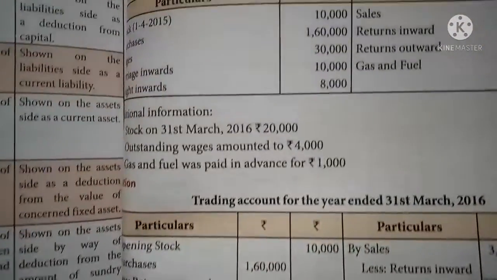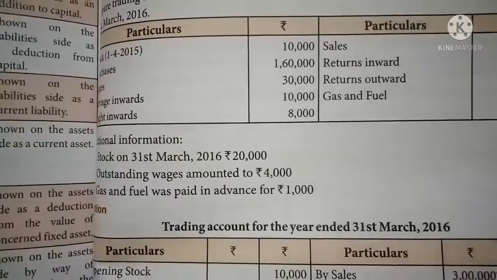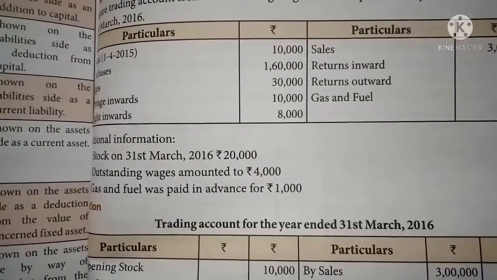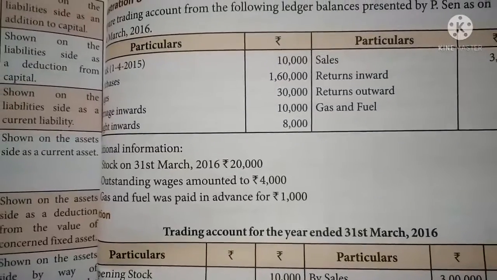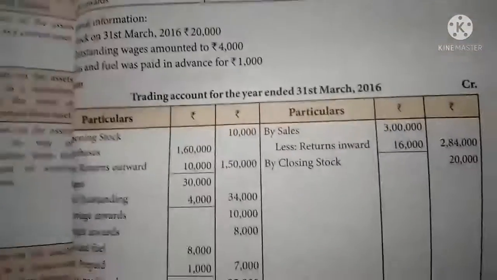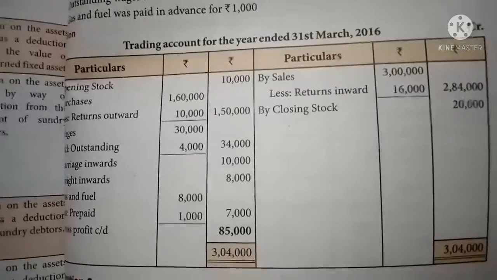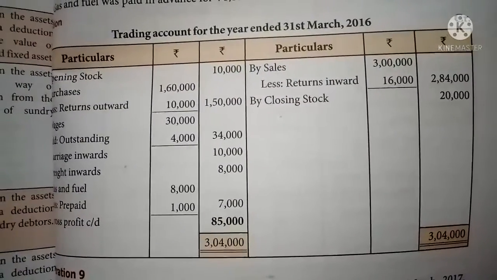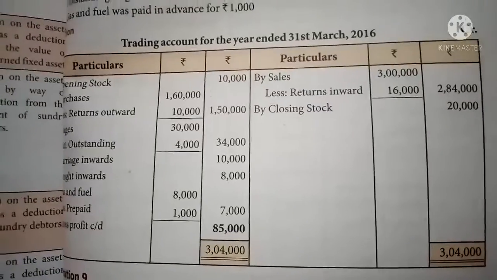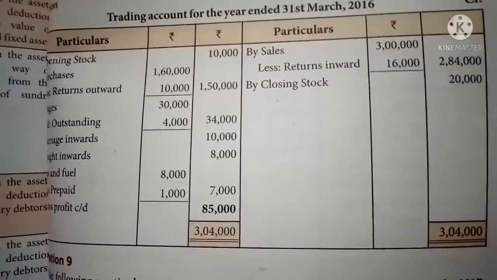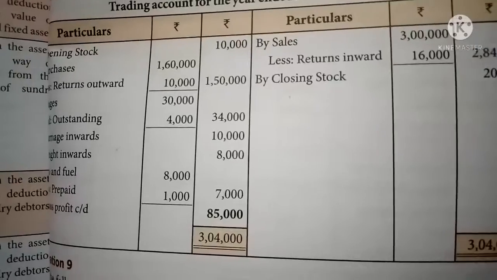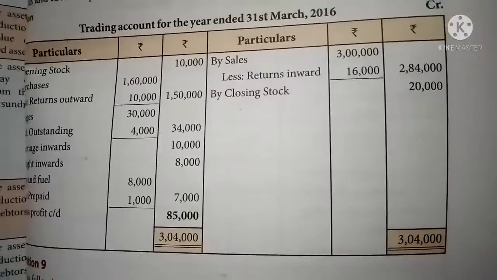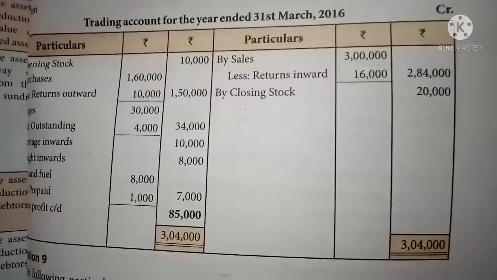And then in the adjustments, one more adjustment is pending, that is, stock on 31st March. It is considered to be the closing stock, and that closing stock should be written on the credit side of the trading account, by closing stock, rupees 20,000. So after writing all the information given in the sum related to the trading account, and the necessary adjustments, along with the trading account,